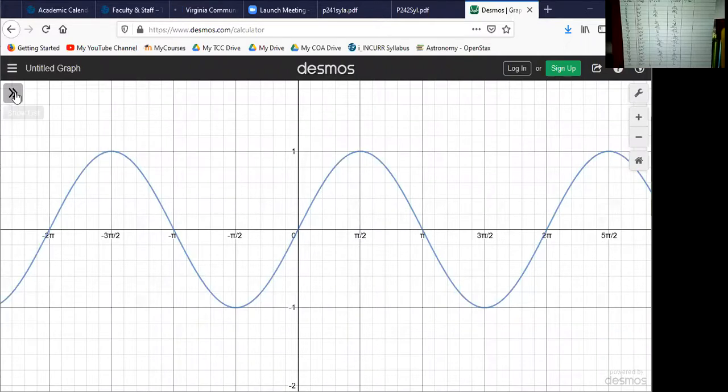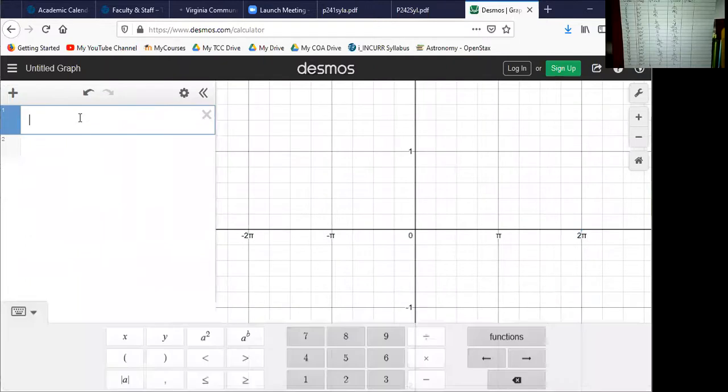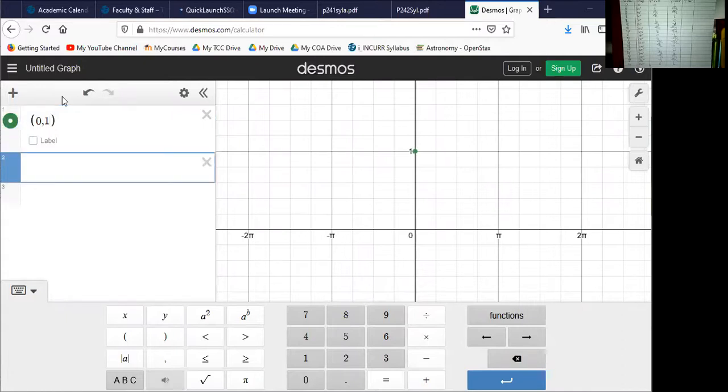Now, if I want to look at the cosine graph, I'm going to kill this. I'll actually pull it up later because that's going to come in handy for us making some identities. So again, I could plot these points. It would be parentheses 0, 1. That's the first point. The second point is pi over 6, root 3 over 2. Let's see if I can hit pi over 6. Get out from there, comma, root 3 over 2. So I hit square root of 3